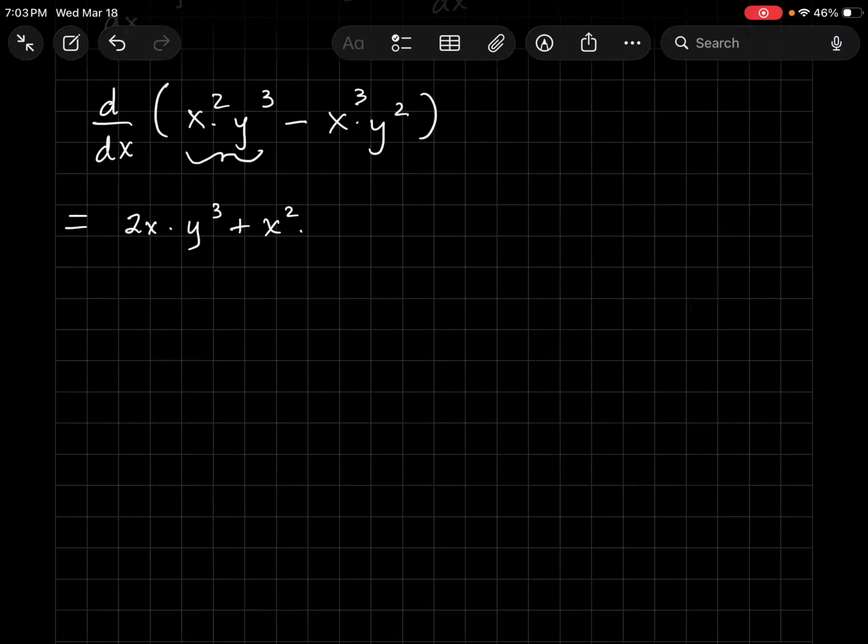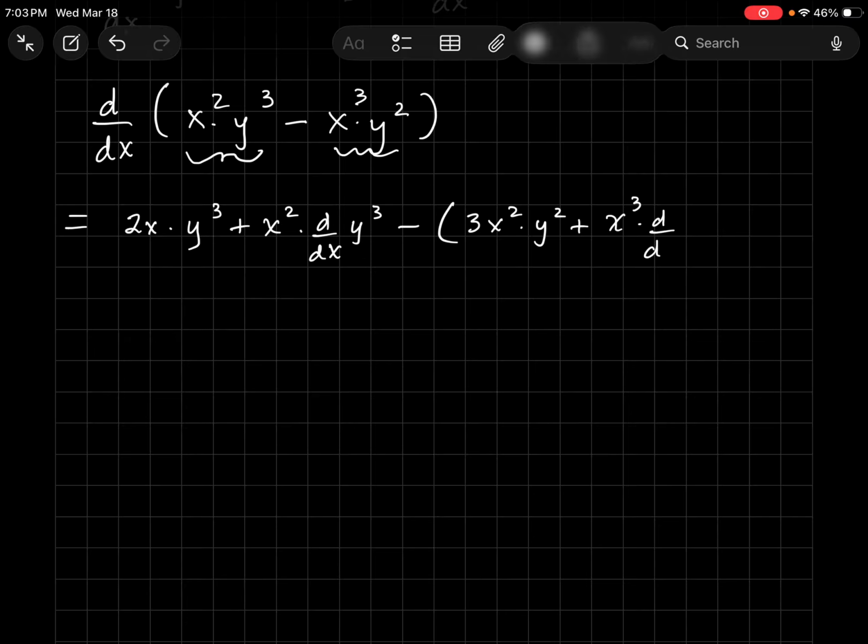But we're doing it with respect to x. So we need to do the derivative with respect to x of y cubed. I'll come back to that. We'll get the back part set up. We'll do minus. I'll put parentheses so I don't make a mistake and forget to subtract everything in the back. And we have another product which says, let's take the derivative of the first part, 3x squared, leaving the second part alone, plus,